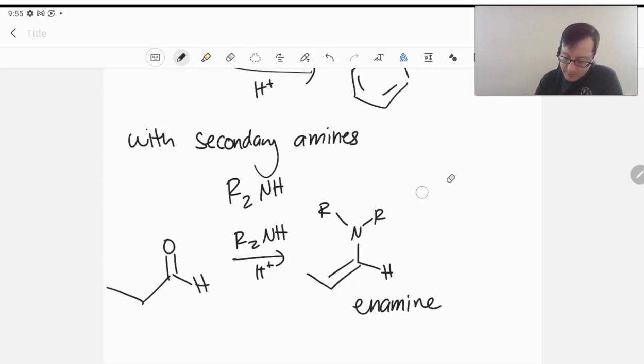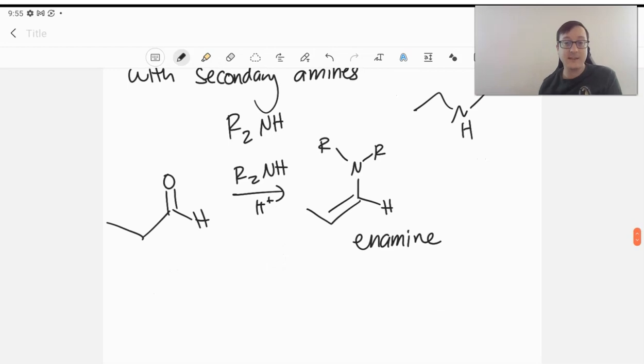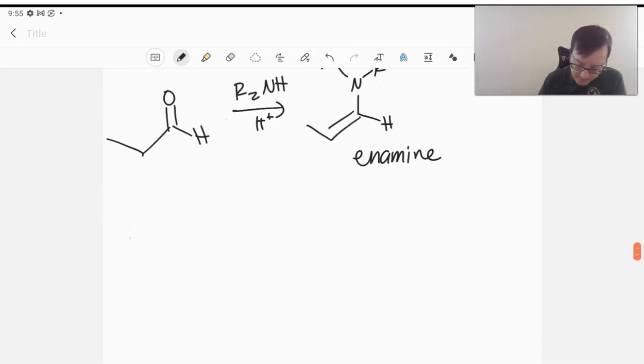For example, I'm going to move this one out of the way. It's just an example of a secondary amine. We get an enamine instead. The reason for this, as we will see in our mechanism, which is, by the way, identical to the last one except for the last step. We have no protons to remove after the last step, but we're going to do something a little special instead. So we'll see that. Let's use this example of this aldehyde, and we'll use our ethylmethylamine,